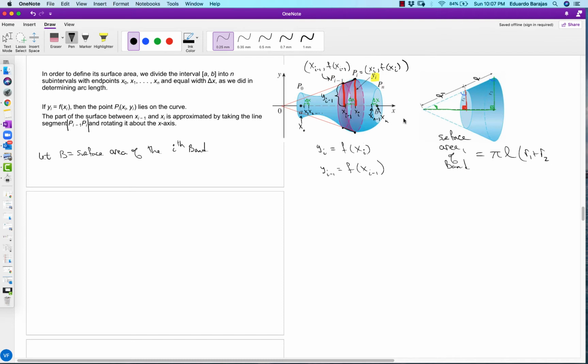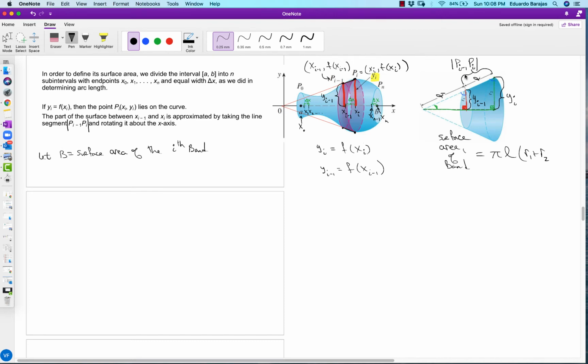Very, very similar to this, except instead of having R sub 1, for us now we have Y sub I minus 1. And instead of an R sub 2, we have a Y sub I. And instead of having L as this distance, we have this P sub I minus 1, P sub I,